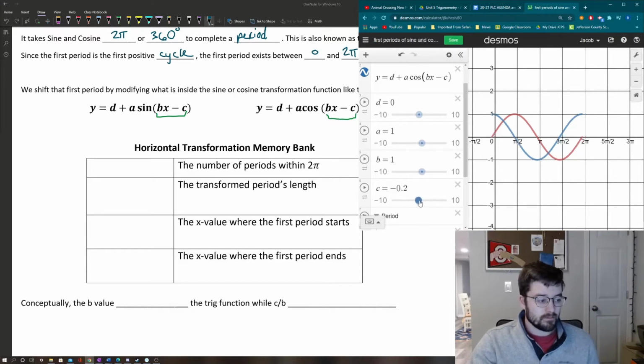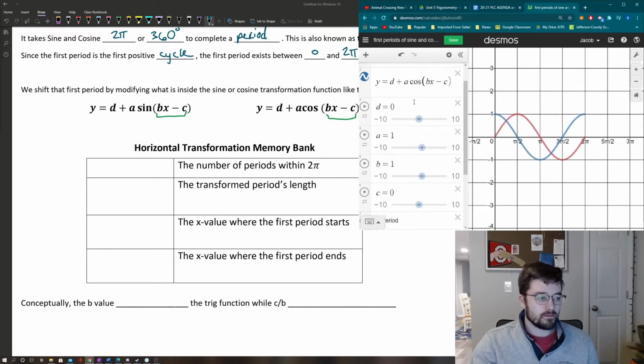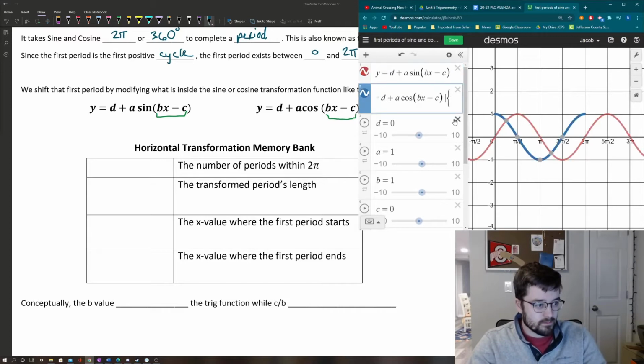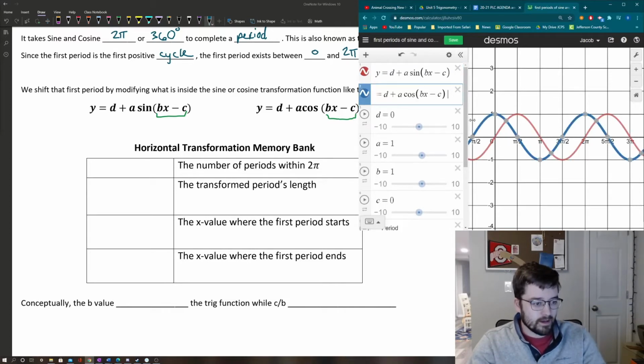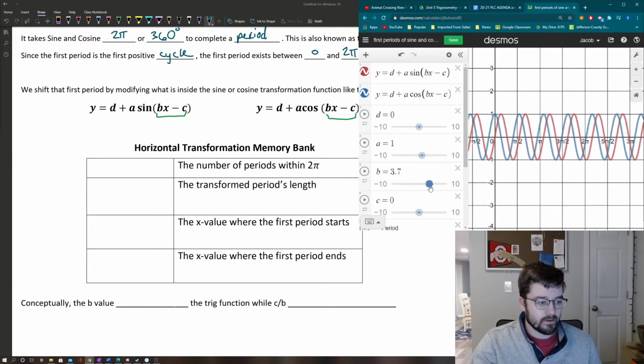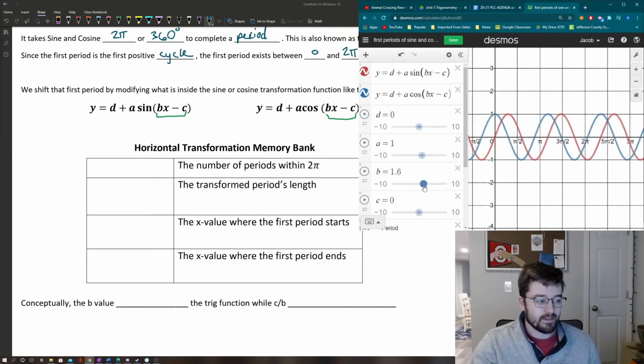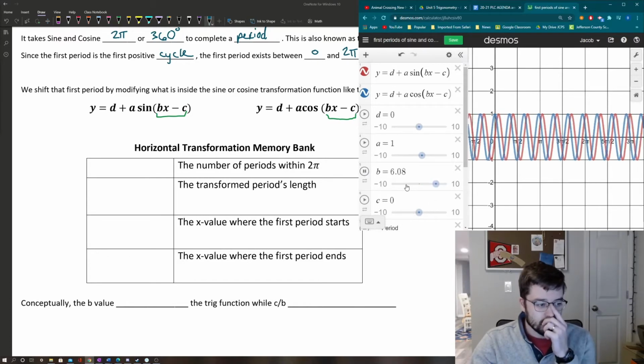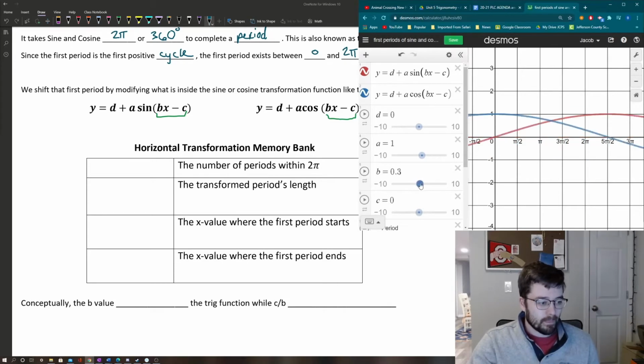B will stretch it horizontally, and C is going to shift things left and right, shift all the values. So it shifts the entire first period. And so normally, if I were to modify these functions and not indicate the first period specifically, then it would look a little mesmerizing if I had the entire function listed out here. It'd be pretty woozy to stare at this, but